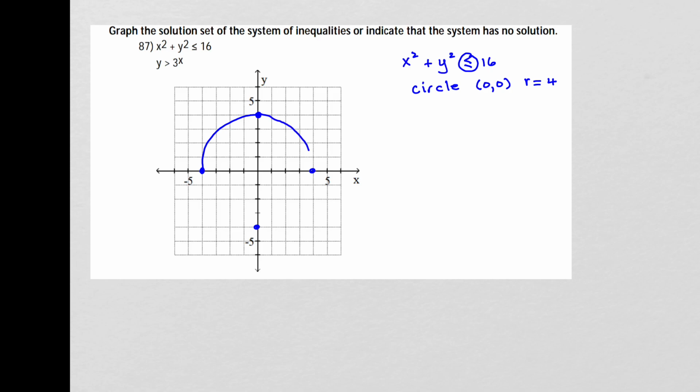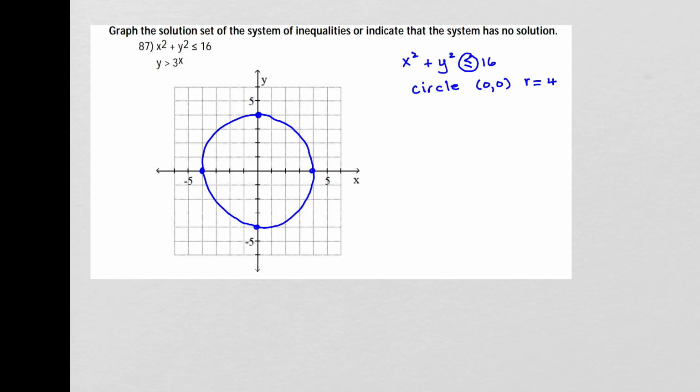So do your best to make a nice curve. And there we go. Okay, so that's my first inequality. And for right now, I'm not going to worry about where I would shade. I'm going to graph the other